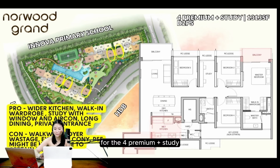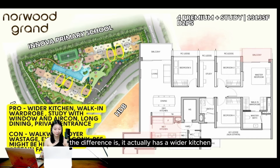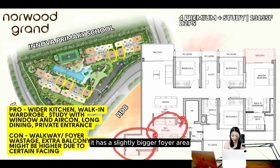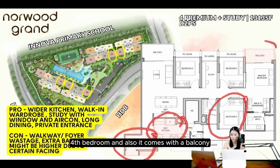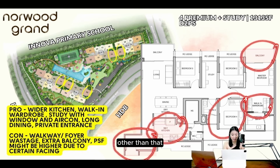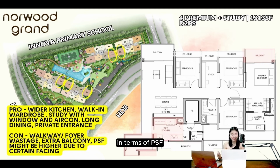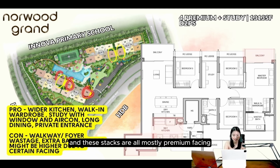For the 4 Premium Plus Study 1313 square feet, the difference is it has a wider kitchen, a slightly bigger foyer area, a slightly bigger 4th bedroom, and it also comes with a balcony in the master room and the walk-in wardrobe. Other than that, in terms of cons, I feel that there's a lot of wasted space in the foyer, and there's also an additional balcony here. Some people might not need 2 balconies. In terms of PSF, it might be slightly higher because it comes in 5 different stacks,